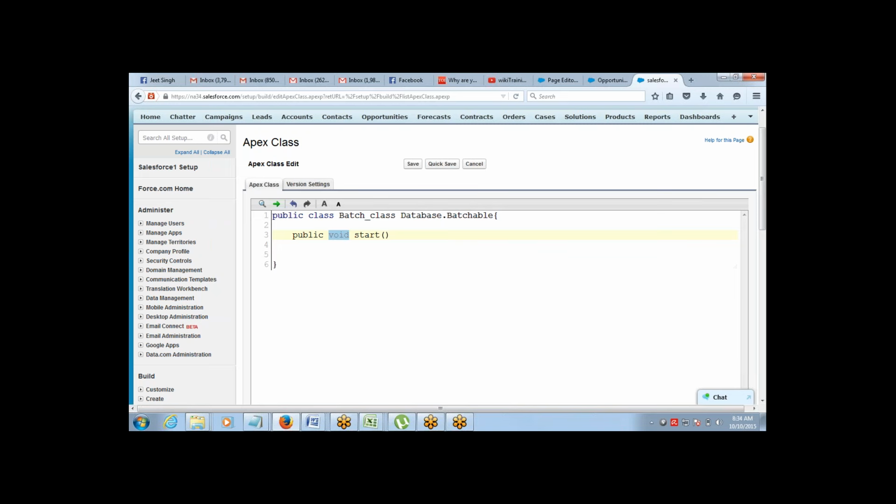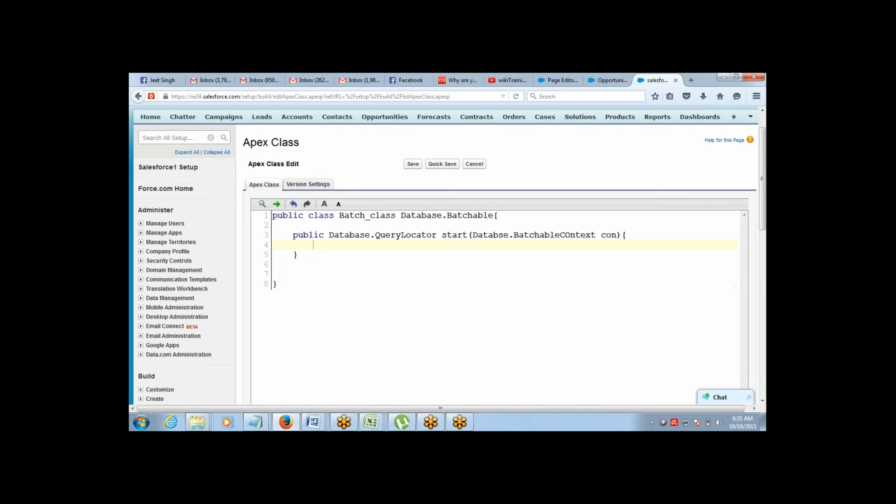It basically returns Database.QueryLocator.